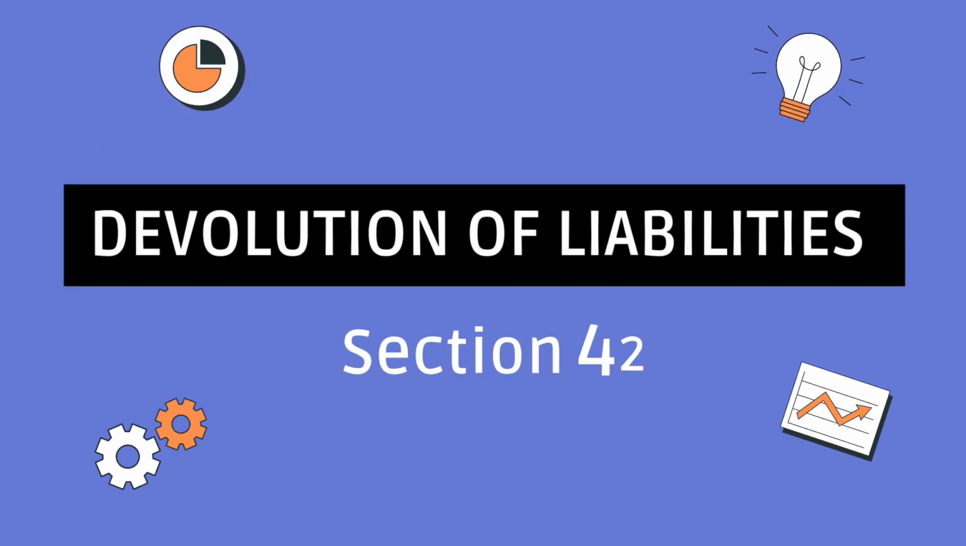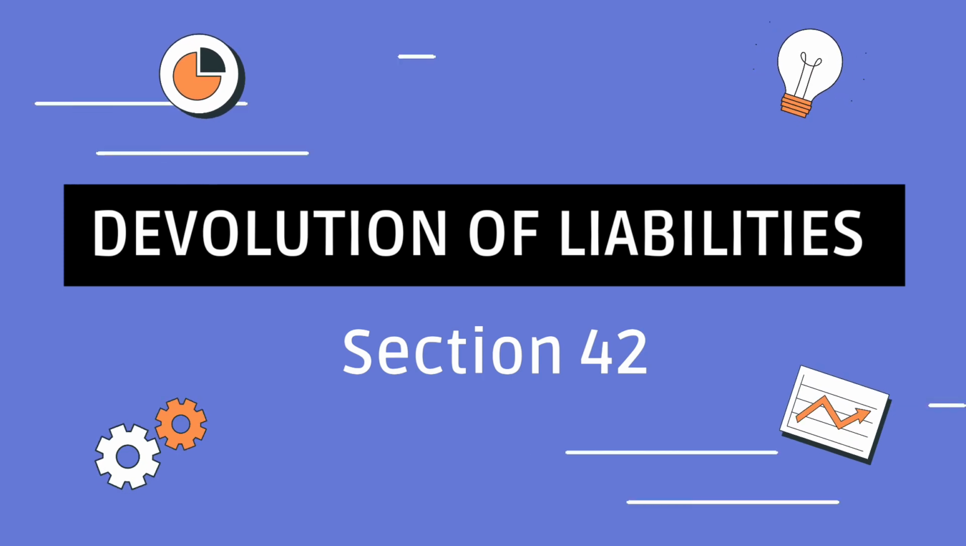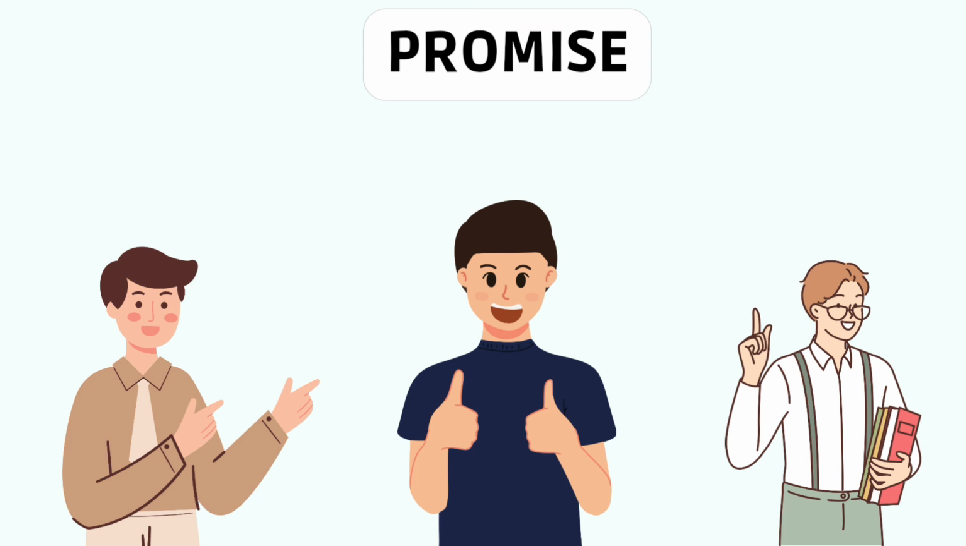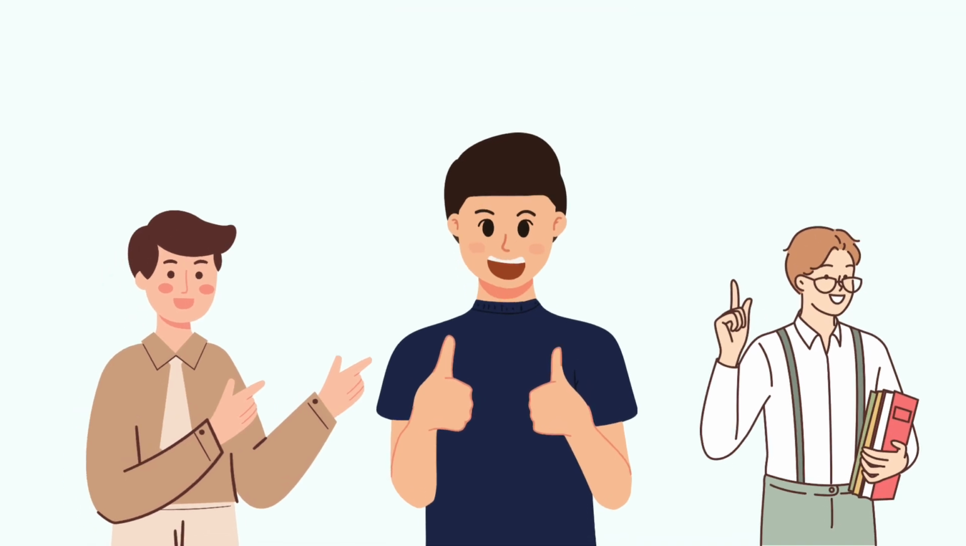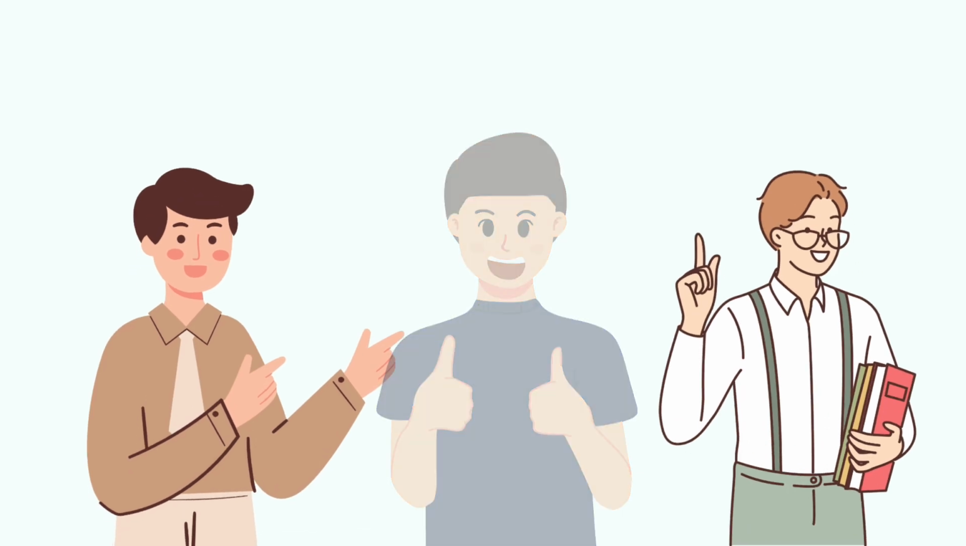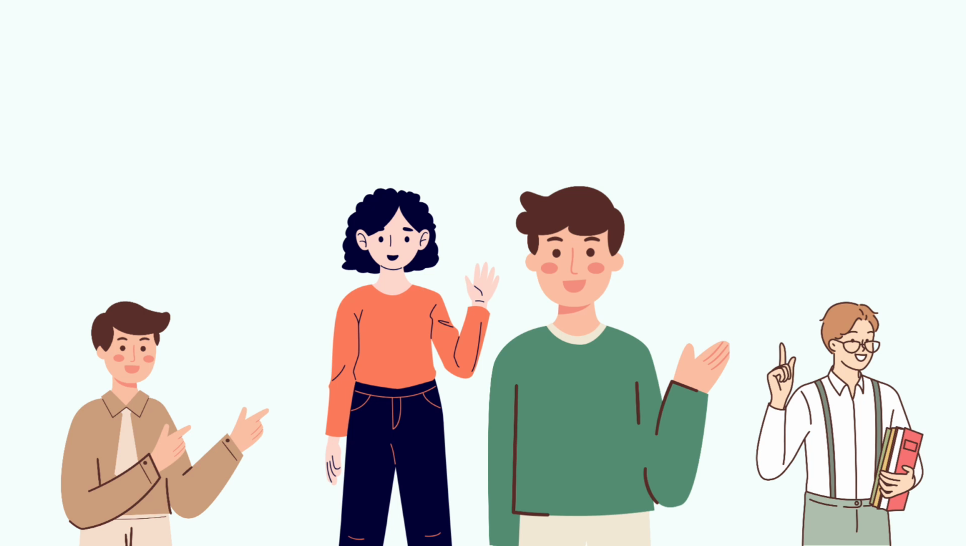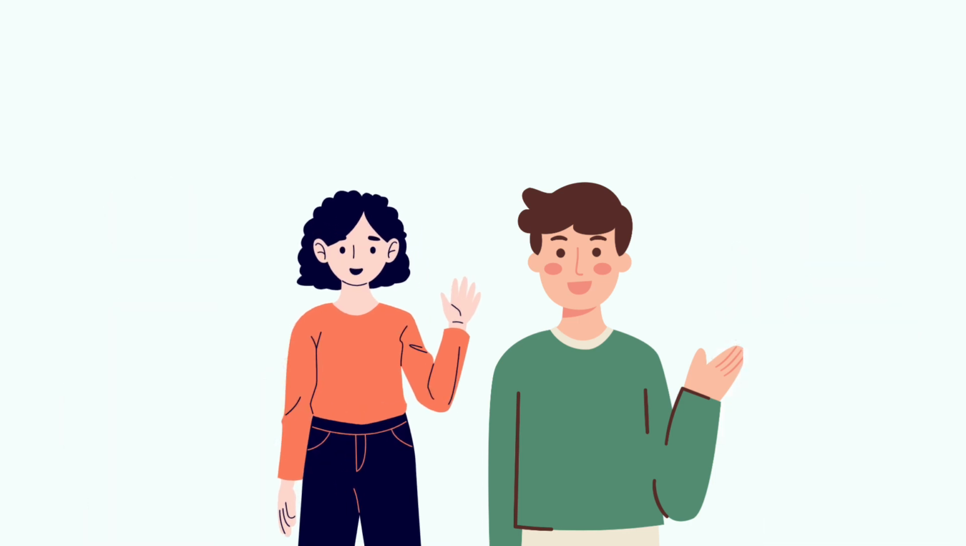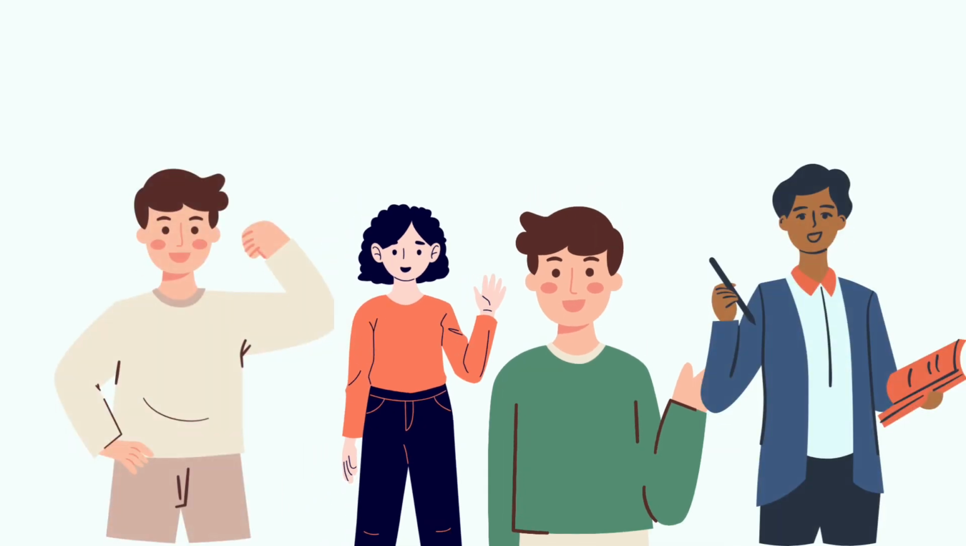Section 42. Devolution of liabilities. This section states that when two or more persons make a promise together, unless the contract says otherwise, they are all responsible for fulfilling that promise while they are alive. If one of them dies, his representative, jointly with the survivors, is responsible for fulfilling the promise. After the death of the last person involved, the representatives of all of them must work together